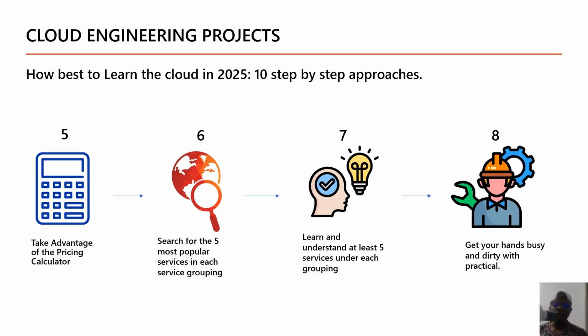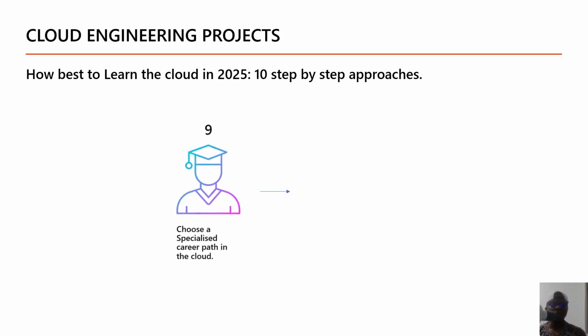After doing that, the ninth thing is that you should now choose a specialization. Now, choosing a specialization is what will guide you to knowing the kind of tools to learn, right? Your specialization could be system administration, cloud engineering, DevOps engineering, site reliability engineering, or any one that you fancy among the large pool of career paths that are available for you in the cloud.